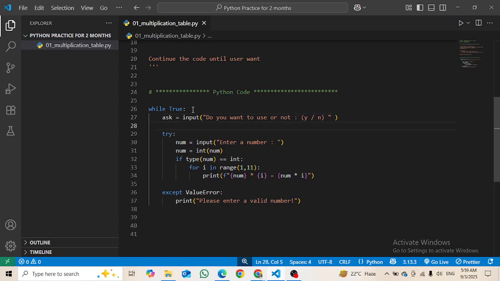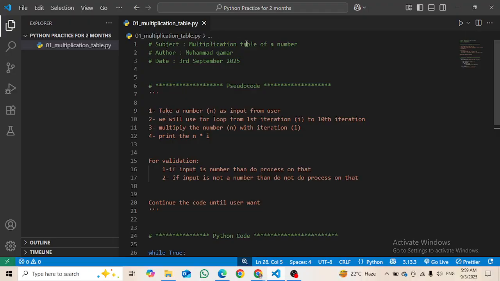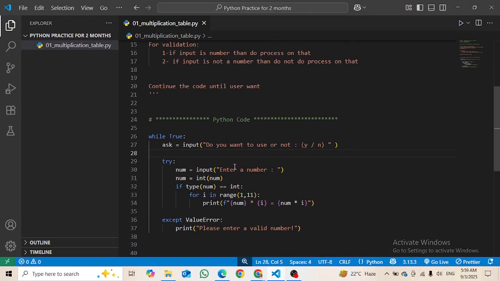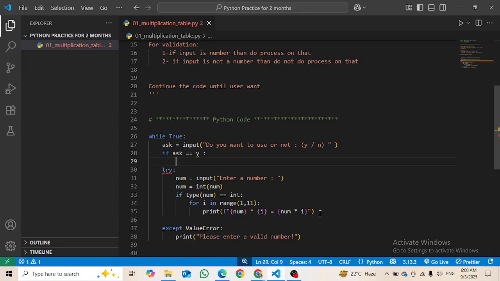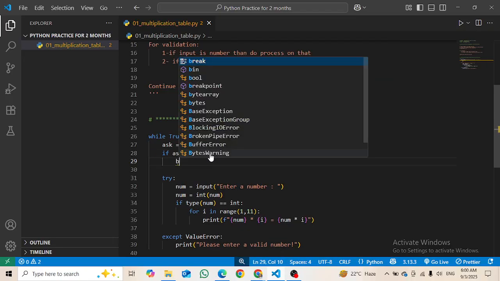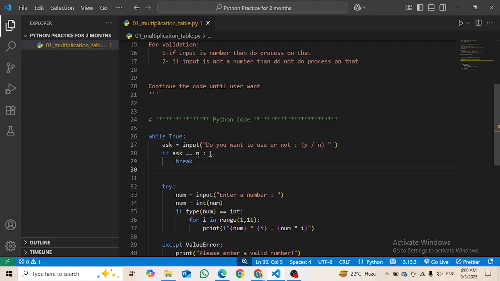And then what I can do here is that you can see that the code we started was just for the multiplication table of a number, but now, as the code makes it so interesting to you, if you are doing well, you can improve it more and more. Okay, so asking the user whether he wants to use it or not. Let's say if ask equals to y, then what we can do is, let's say it is no, we will break this, and if else